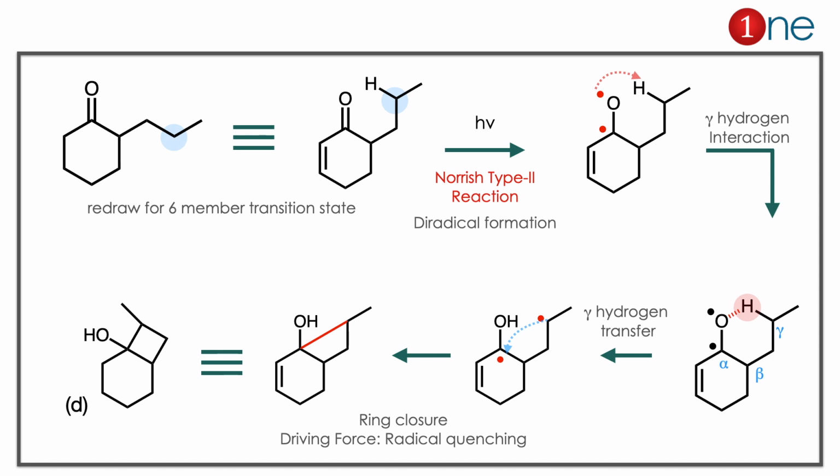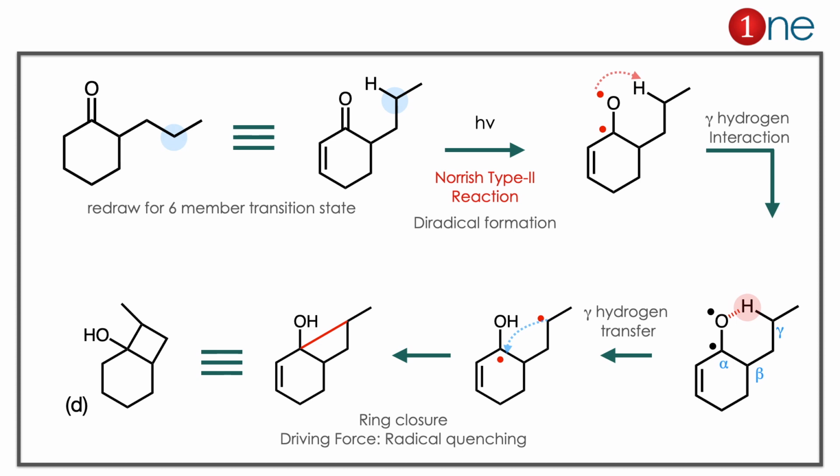If you use light, the diradical is formed. Then the delta hydrogen transfer occurs. Since it is available, delta hydrogen transfer is possible, through the transition state. Then you have 2 unquenched radicals. What should you do with that? It is quenched by combining. If you combine, you have a 4-member ring with alcohol formation.